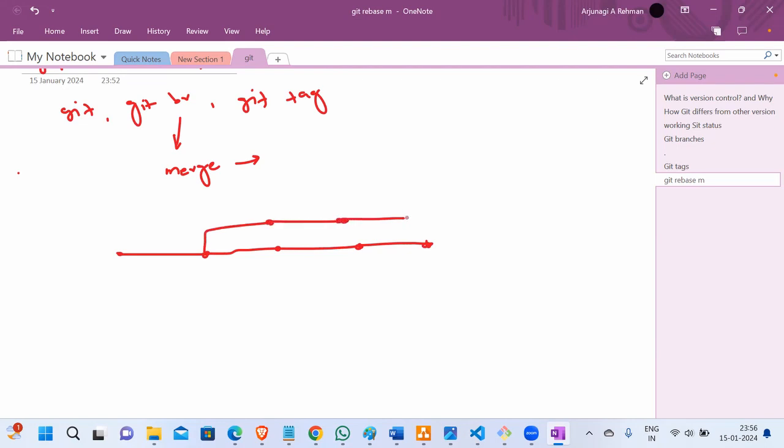What used to happen if there are multiple commits in both the branches is that it used to create one more extra merge commit and merge both the branches. Let's say this is the feature one branch and this is the main branch. Okay, this is fine, this is good. But here I am creating one more extra commit,